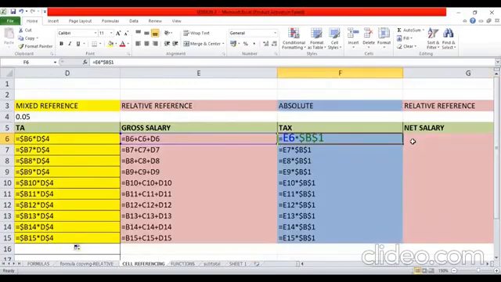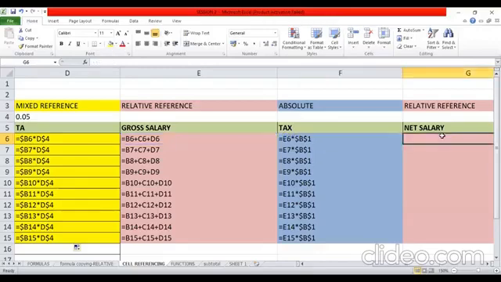And here you can see that I've used an absolute reference for tax and relative reference for the gross salary, which works in all the cells. So my tax rate is fixed, gross salaries are changing. Again, I would like to reiterate, for calculation of DA and TA, if I were not to copy the formula across the row, which is my discretion, of course, I may or may not want to copy it. If I'm not copying it, there is no issue and it will still give me the correct answer if I use the absolute reference. If you're using absolute reference, just don't copy it across the row. Copy it down the column, it will be working perfectly.